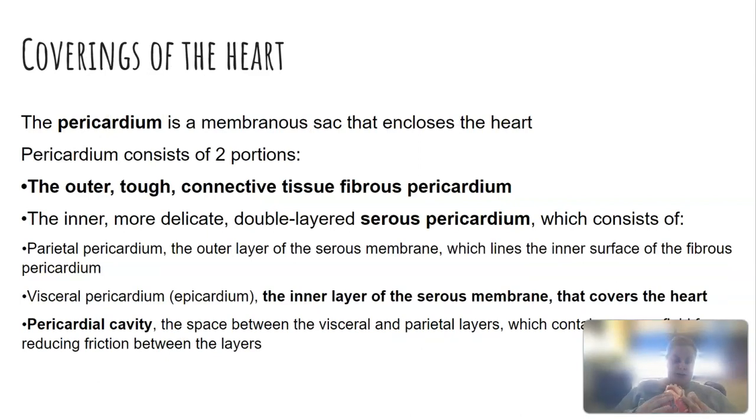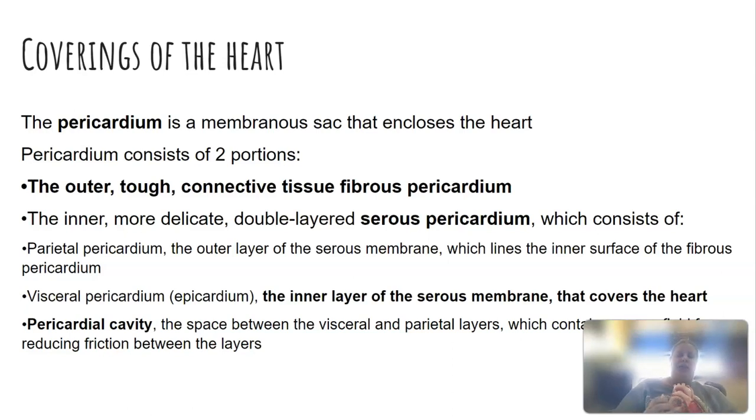So there are coverings to your heart. The first one we're going to talk about is the pericardium. It is the membranous sac that encloses your heart. So imagine a very thin sac that helps keep it protected. It consists of two portions. There's the outer layer, which is made up of fibrous connective tissue, and then there's the inner layer, which is a double layer of serous pericardium,